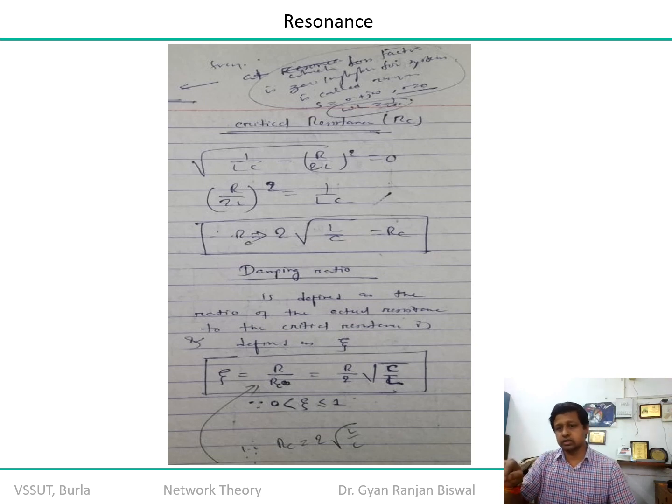Let's say horizontally is your j omega axis and vertically is the depth of the signal, whether sigma plus j omega, or you take omega as a reference. At that particular frequency you are getting the highest magnitude. Before or after there is a positive or negative slope, and the amplitude keeps on decreasing. Understood? And there is a point you call the plus minus 3 dB point. At that point the power level is exactly half, because at the 3 dB point the voltage or current level is V by root 2 or I by root 2. If you work out the power dissipated at that point, following I square R or V square by R, what you will get is V by 2 or I by 2.